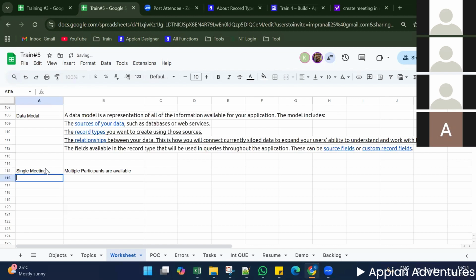So this should be a one to many relationship. You can see here, one to many relationship, because per single meeting there will be multiple participants. So we need to establish a one to many relationship here. How will we add the one to many relationship? For a single meeting ID,